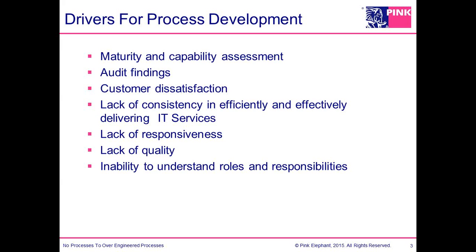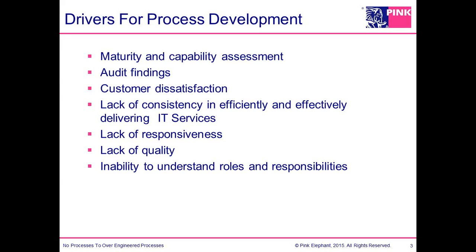And just because we do things, that doesn't mean that we're always doing it with a level of quality. Sometimes we miss the boat when we start talking in terms of quality, and this goes back again to what type of quality we are putting into the production environment that we're able to manage on an ongoing basis. And quite often also some of the areas that we run into is that organizations will say we need to develop our processes simply because our people don't know what they're supposed to do. They may have functional roles but the functional roles don't go deep enough to talk about what the responsibilities are from each of the process perspectives.